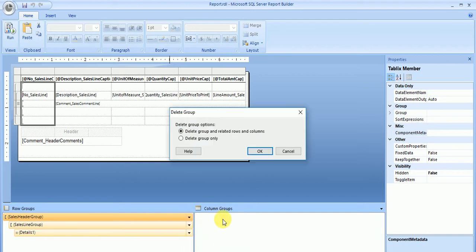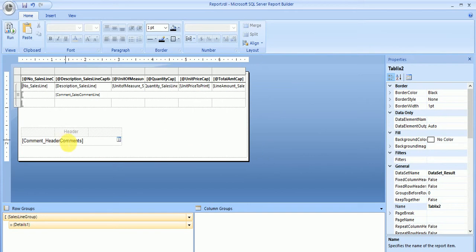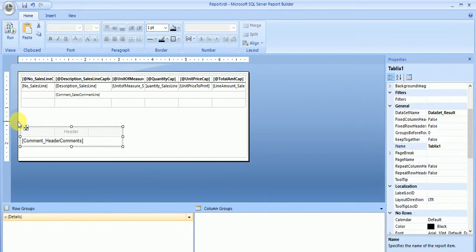So let's delete, and it's asking: do you want only the group to be deleted, or do you want the rows and the columns to be deleted? So for this sales header, this is the first line that is a part of this group, and this is the last line that is part of this group. So I'll say delete because I don't have any data inside it. Deleted. Okay, now let's go up